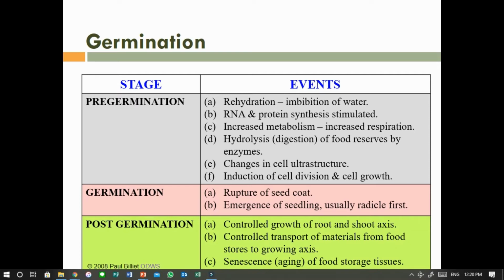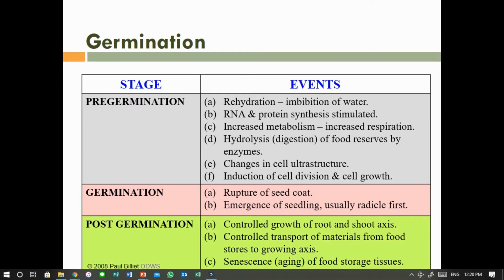Induction means it's starting. Okay, so pre-germination basically means you get the water, and then you have RNA synthesis, and it starts to grow. Germination is you see the seed coat break, and then you start seeing the seedling with the radicle first, which is the root. And then post-germination, you have controlled growth of the shoot axis, that's a stem, etc. And then you have transport of food, and then you have senescence, aging of food storage tissue. Senescence or aging means basically you digest the food, and once it's there, it becomes rubbish and disappears from the